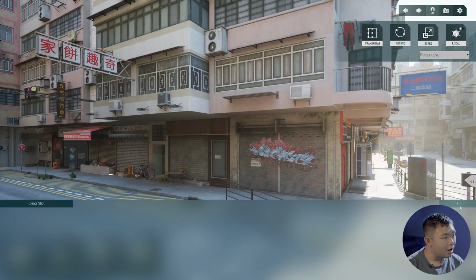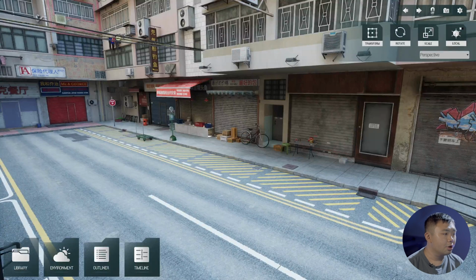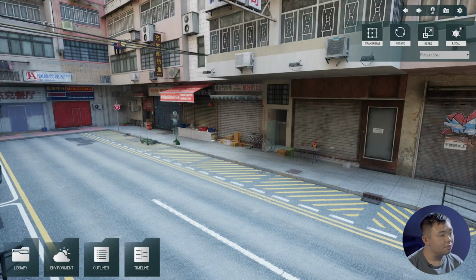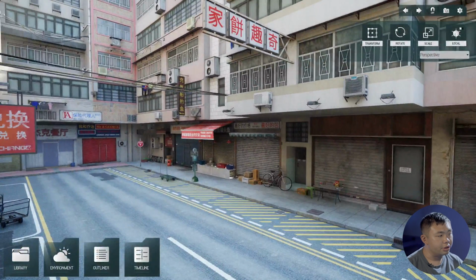Next, let's learn about how to walk around. It's very similar to playing an RPG game with WASD control. First, you may look around simply by holding the right-click mouse button and moving the mouse around your world. And the control here is very intuitive.